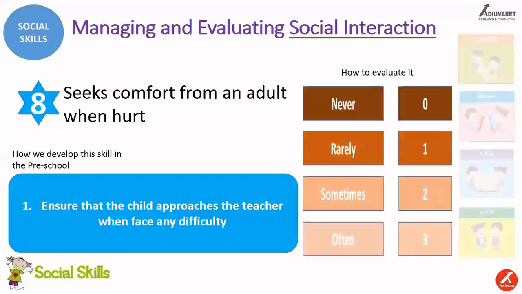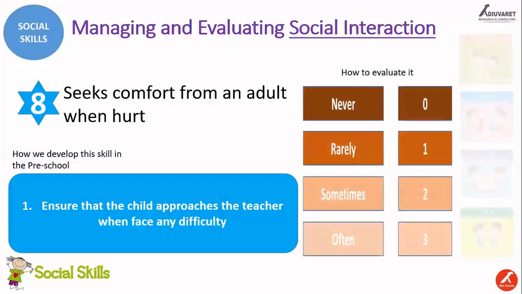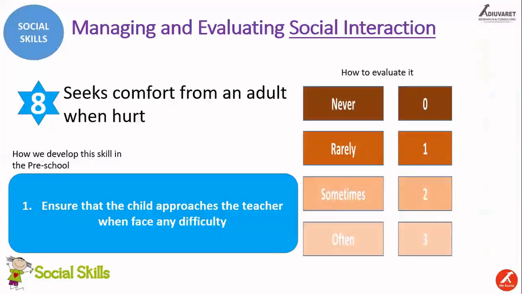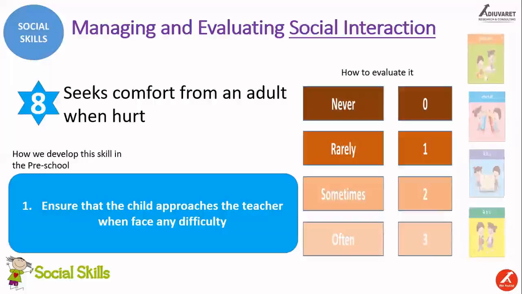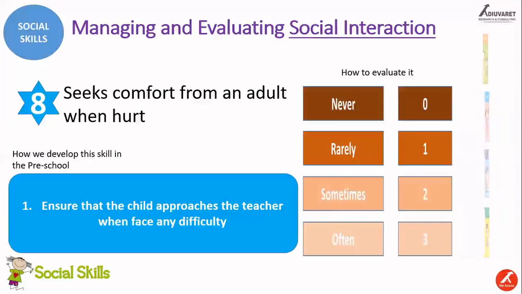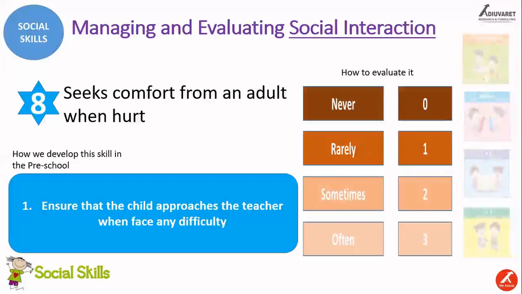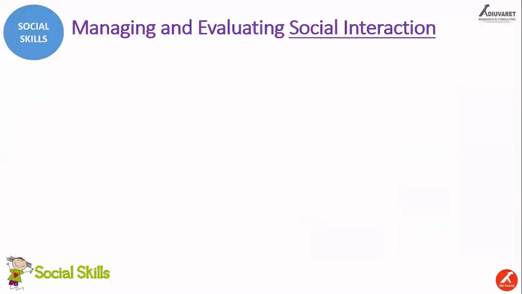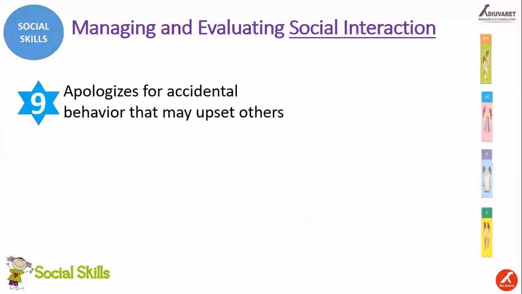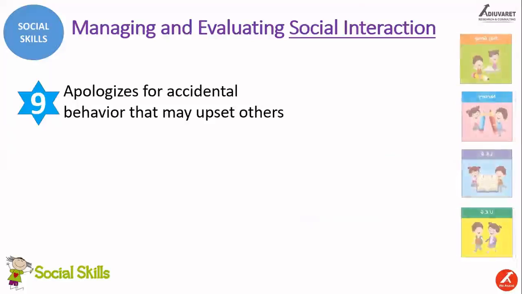Again, we can evaluate either quarterly, monthly, or at the end of the program. The way we want to evaluate, we can do that. At any point of time when we are evaluating, based on the child's response to that particular skill, the scores can be given as seen on the screen. The ninth skill we are trying to improve and measure in the child as far as social interaction skill is concerned